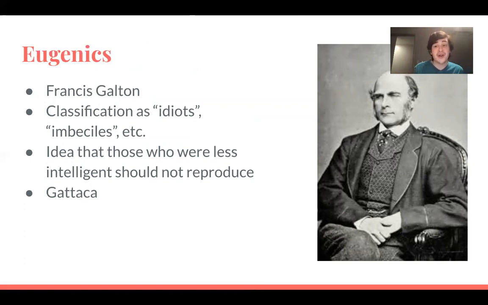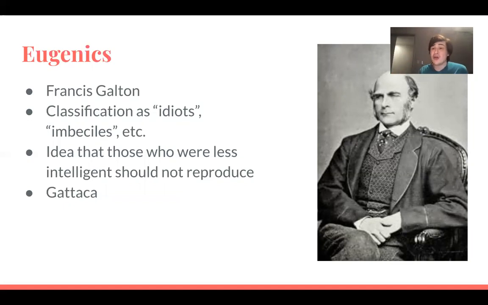It actually has a very dark history, which is part of why we don't use intelligence testing that much nowadays. We look down upon it. There's this guy, Francis Galton, who I believe was British, and he founded this movement with the idea of using intelligence testing to identify a certain threshold. I'm not sure exactly what it was, but to say, if you're this intelligent, then good. But if you're not intelligent enough, then you should be marginalized in society, and you should not be allowed to reproduce, which is terrible. And I hope that you would be against that.